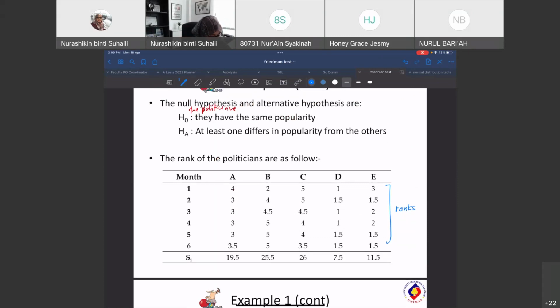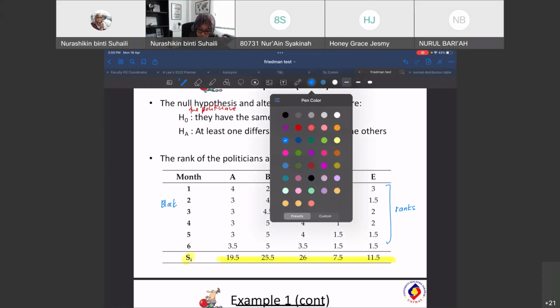So step number 3 is calculate the sum of ranks within the treatment. Okay, now, so we know that this one is treatment, isn't it? And this is block. So just now you rank within the block. But now if you want to calculate the sum of the ranks, so you have to sum